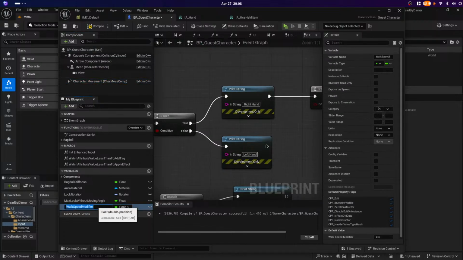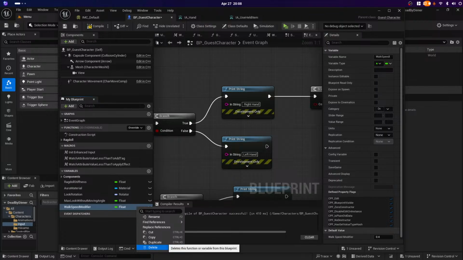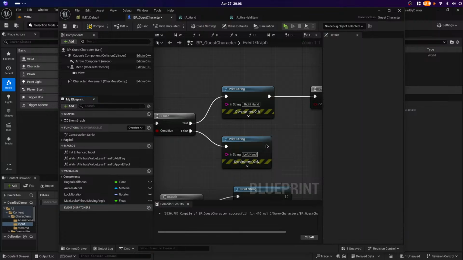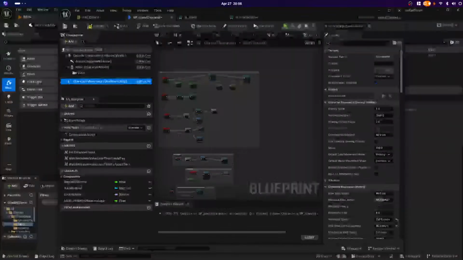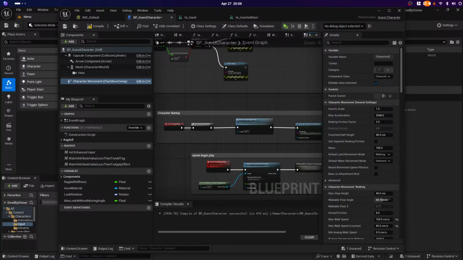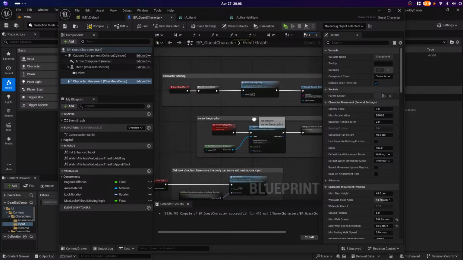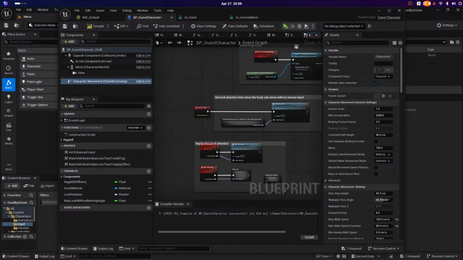You can't actually set it to a variable in here without doing a bunch of bullshit, which I'm pretty sure I'm not doing. Yeah, I'm just using that